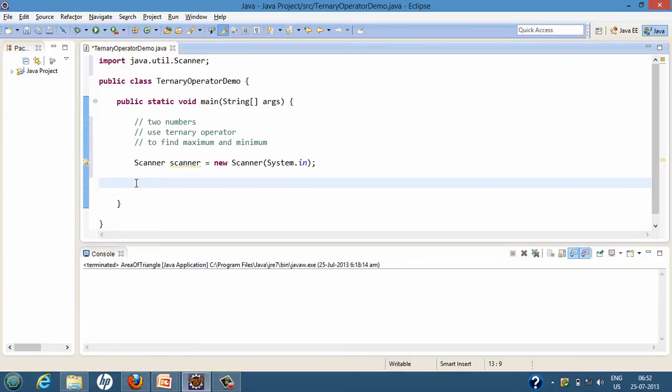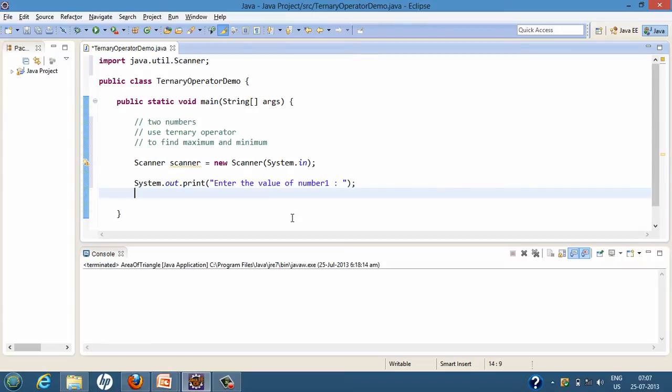So first we'll ask the user to enter two numbers. Here we'll prompt the user to enter the value of number1, and we will take that value entered by the user into a variable, say number1.